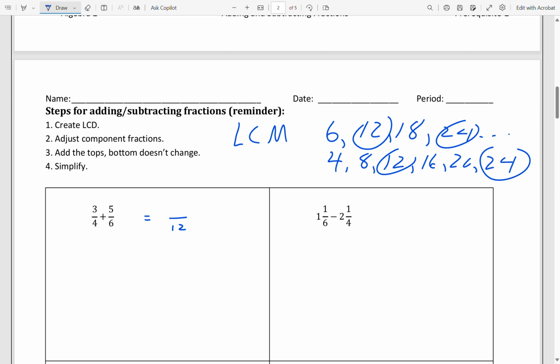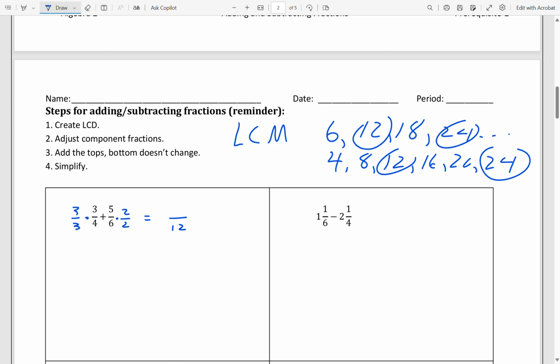Now, I'm going to multiply by a form of 1, which is any number divided by itself. How do I turn a 4 into a 12? Well, it needs a 3, but I need it in the form of 1, 3 over 3. And how do I turn a 6 into a 12? Well, I need a 6 times 2 to make a 12, but I use a form of 1, 2 over